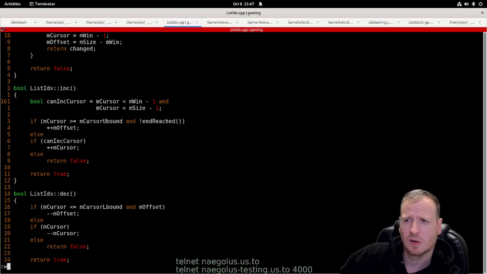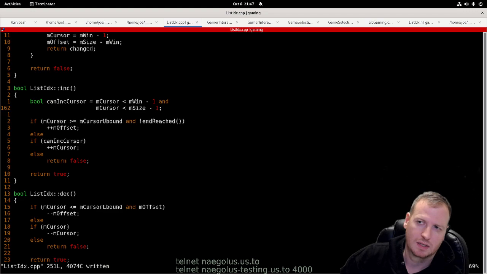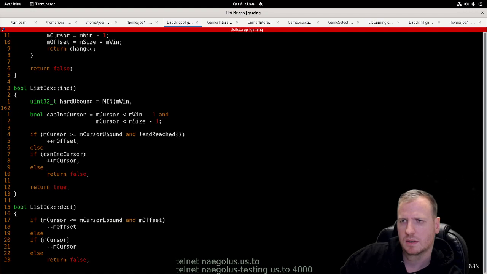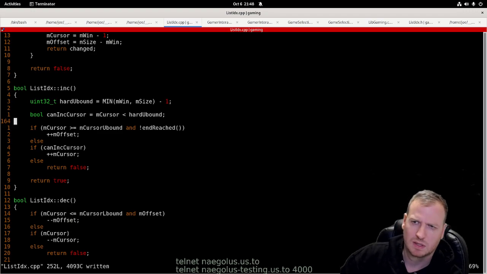Okay, can I increment the cursor only if the cursor is smaller than the window size and smaller than the hard upper bound, which is the minimum of these two -1, and if the cursor is smaller than the hard upper bound, then